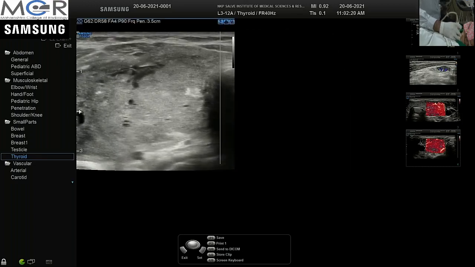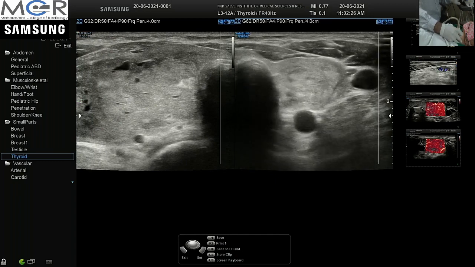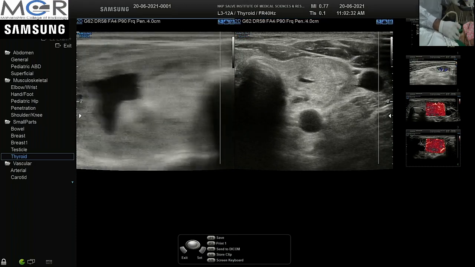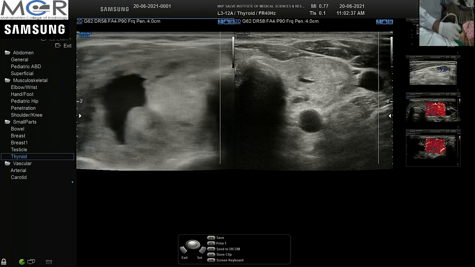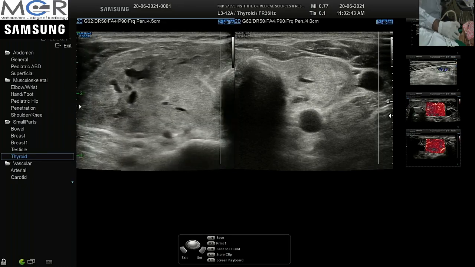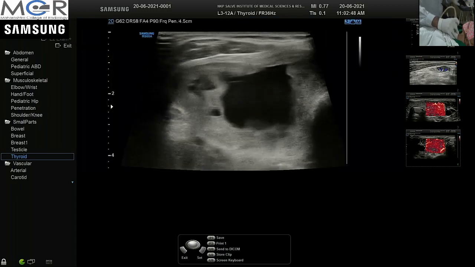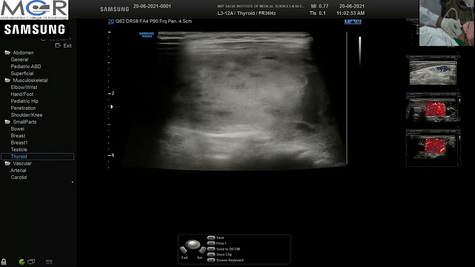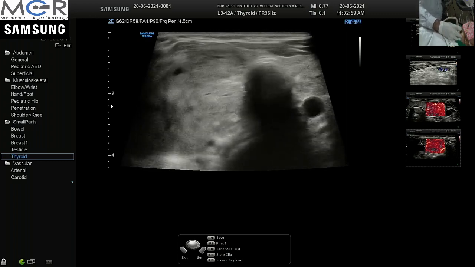We can divide the screen here just for comparison, and we can see that the morphology is same. Little hyperechoic mixed lesions, multiple cystic areas, a larger cystic area here. No calcification as such. The height is not more than width, or in other words, they are not taller than wider. So composition, margins, extension outside, calcifications, all things we have seen, and we know that the score is quite low.